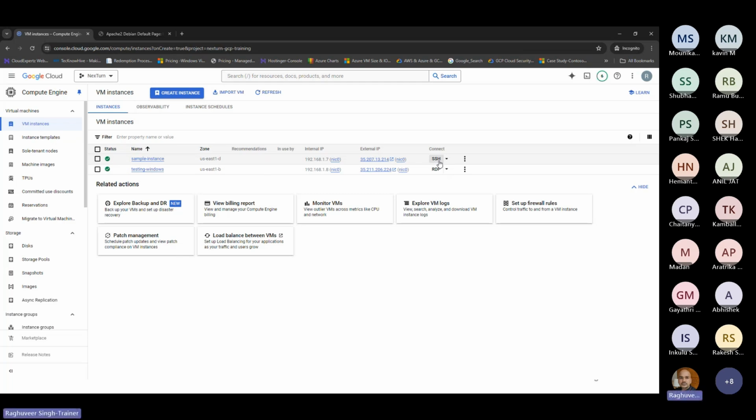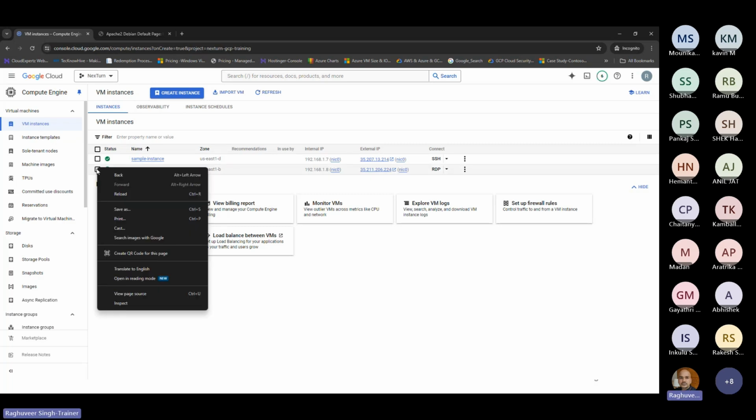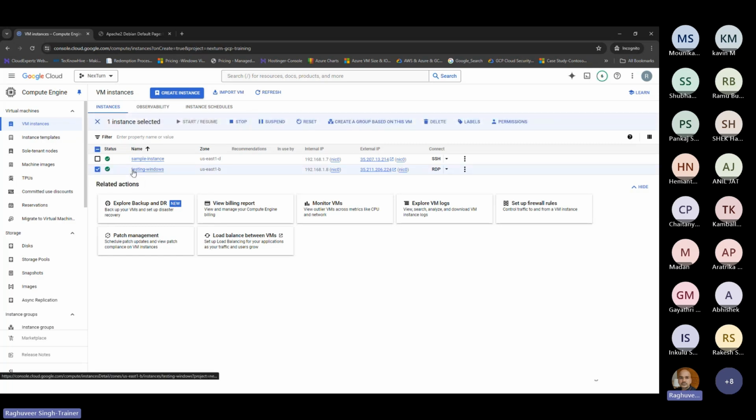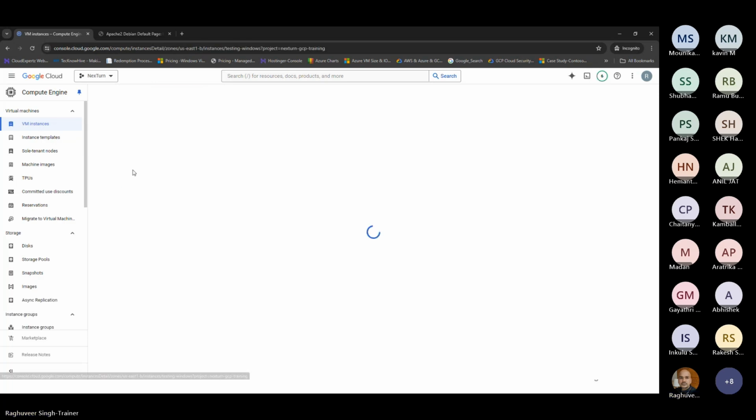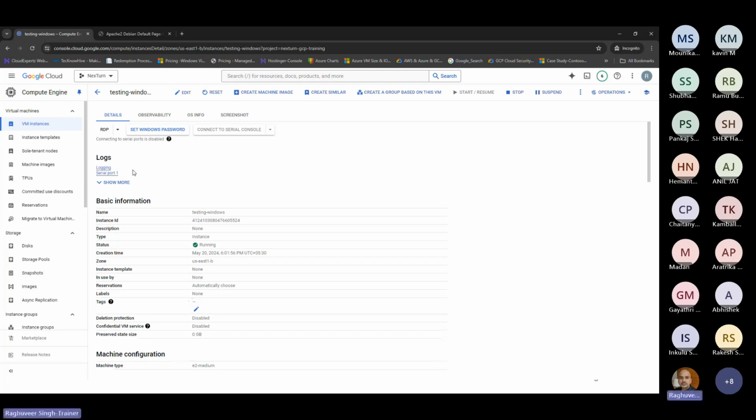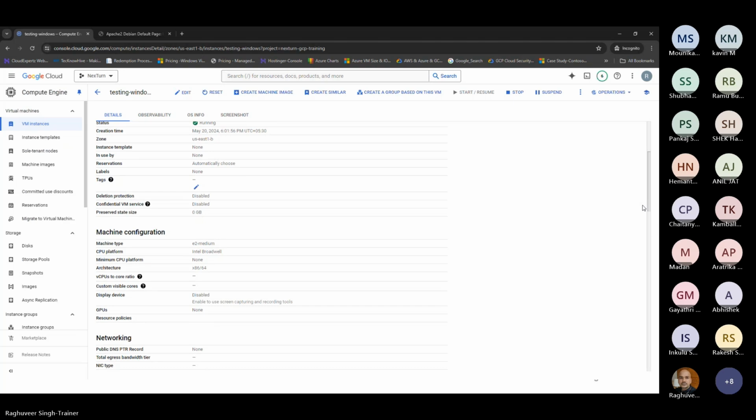That's a way to check or to identify whether it's a Windows or Linux. The other way is, once this instance is ready, you can also select this instance, go to its properties. It will tell you the operating system that it is holding. You can see the operating system here for the instance. When you scroll it down,